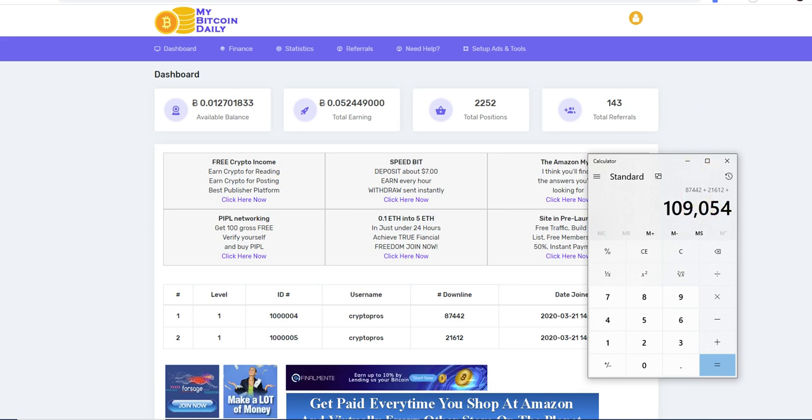I've got 109,054 positions. That's what I have in my top spot. Obviously, my other positions in my Bitcoin don't have that much, but this is my initial position. This is the free position that I got there when I registered before I purchased my 30 subscriptions. When you register at Asimi Pros, you get a free position that locks you in before you purchase